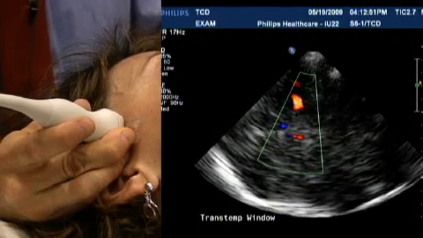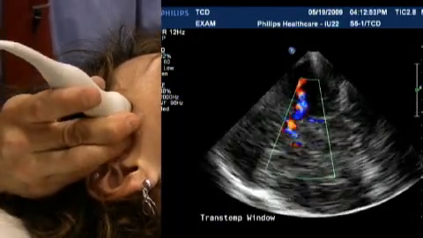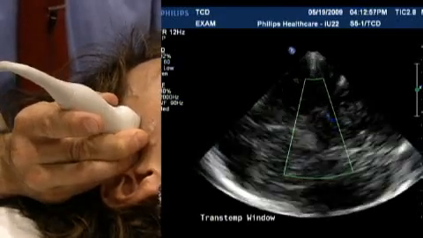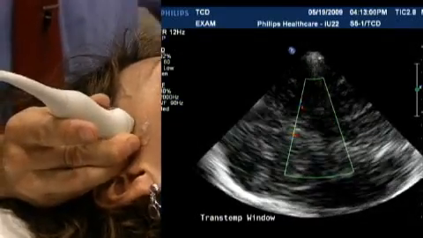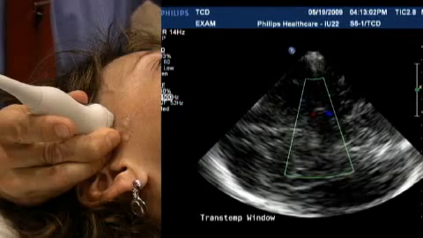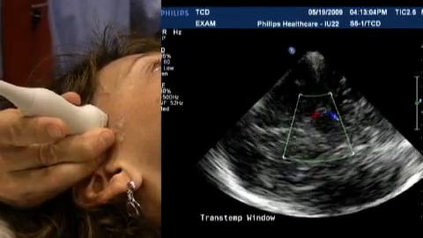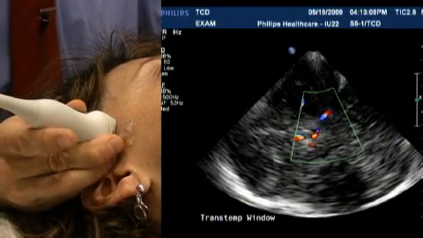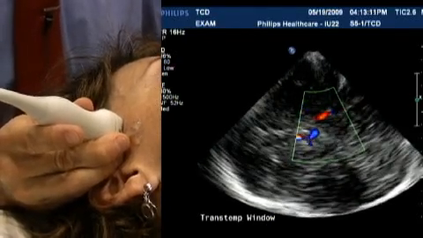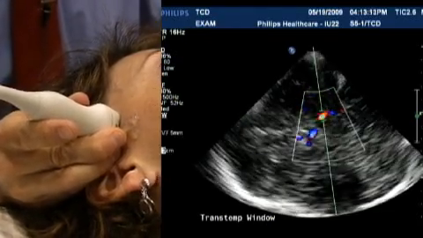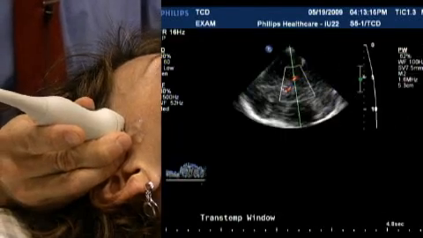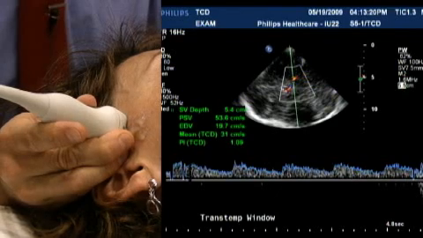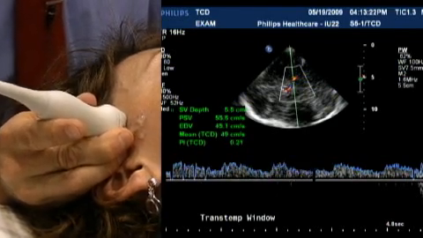Going back to our midline structures, I'm going to angle the transducer posteriorly, and we want to pick up the posterior cerebral artery. I'm going to decrease my scale slightly and just change the size of my Doppler box. Sampling at about 5 centimeters. We're going to sample the posterior cerebral artery,